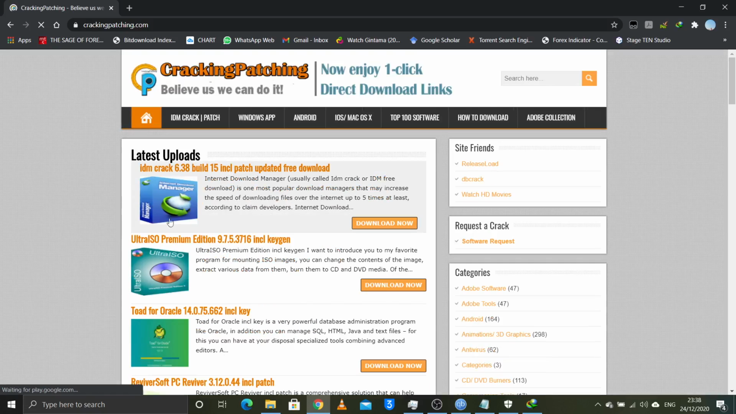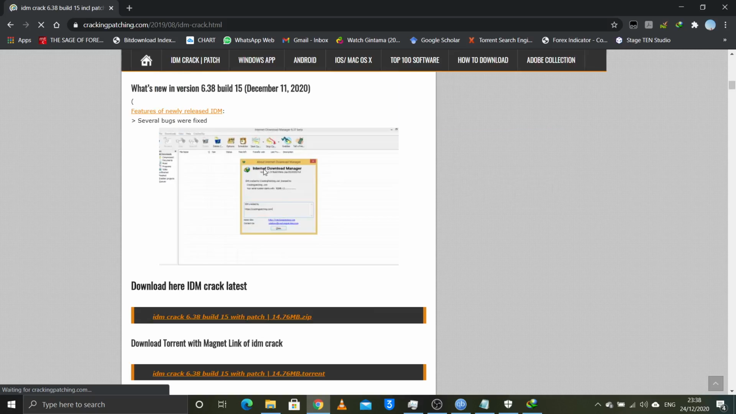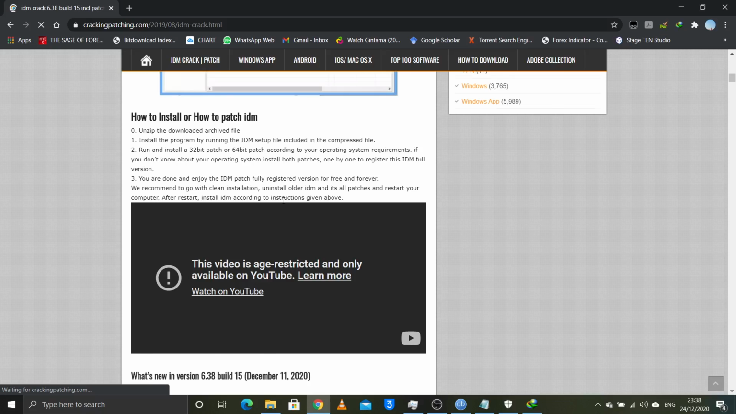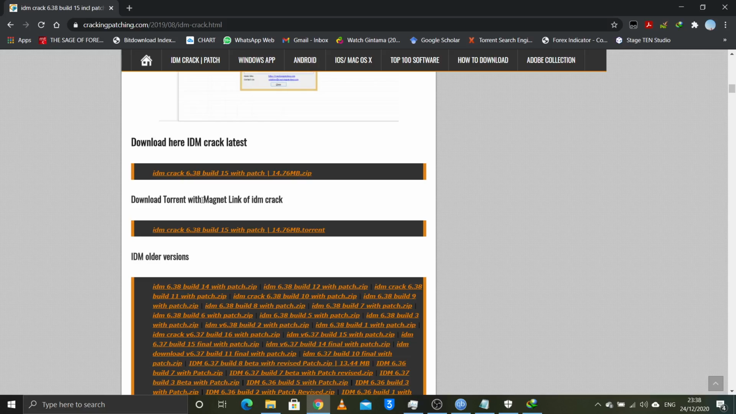And once you have gone there, you just click IDM crack for this one. It will be on top. Just know the latest version will always be on top. So you just click IDM crack right there, and then it shows you this page. What you have to do right here is scroll down to where it says download torrent with magnet link of IDM crack. So once you've clicked right here,